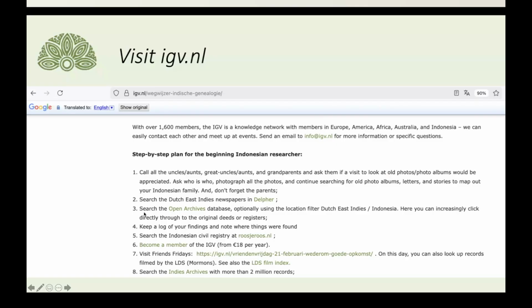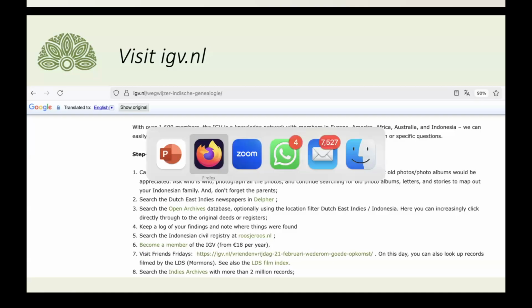And then there are a couple of things that you can easily do from your home. For example, search the Dutch Indies newspapers in Delpher, search the open archives, the civil registry, Roosjeroos. So I'm going to show you a couple of these points, so you get a feeling of how easy or how difficult it is to navigate that for a non-Dutch speaker.